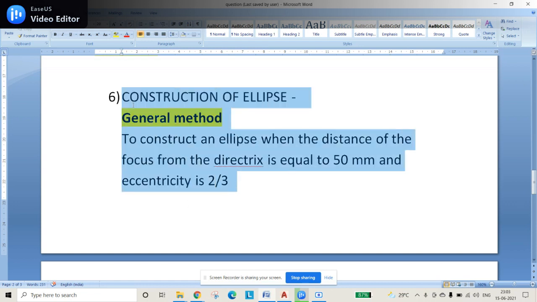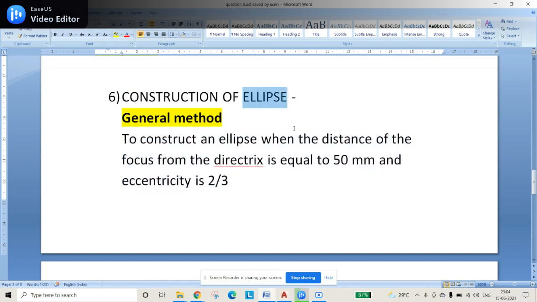The question can be used for three different options, that is for drawing ellipse, parabola and hyperbola, where the eccentricity value will be changed. That's it. There is nothing much change. Since we can draw three things, that is ellipse, parabola and hyperbola, with the same method, this is called as general method. So let us go to the diagram in AutoCAD.